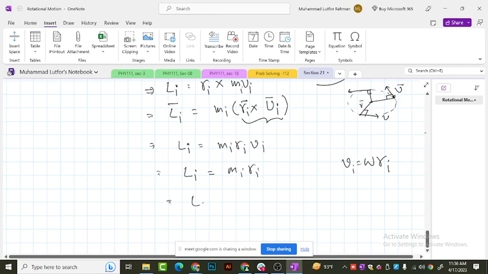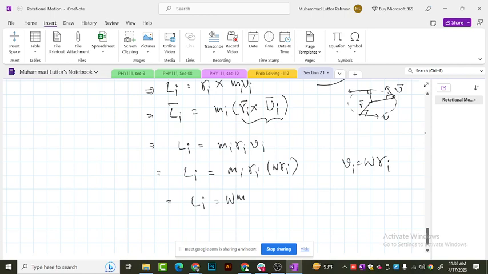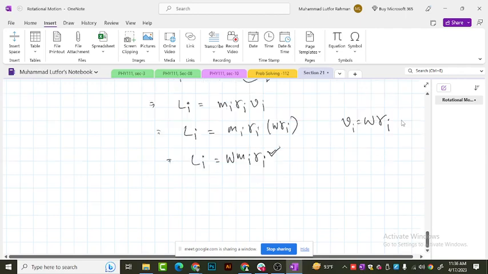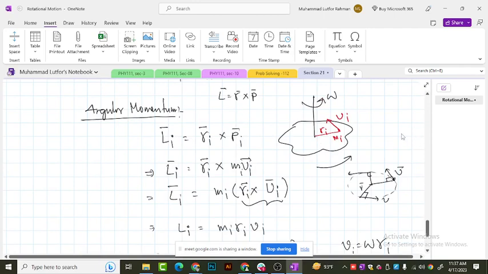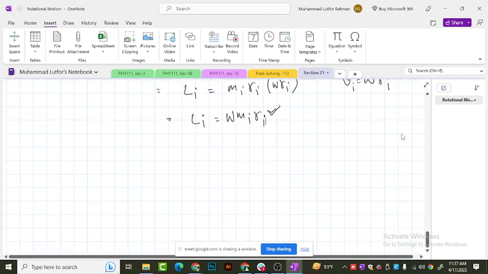So L is going to be mi times vi, and vi is omega times ri. Then I can write mi ri square, right, in this case. Fine. So right now this is the angular momentum for only that point mass mi inside that object. Now if I want to find the angular momentum for the whole system or whole solid object, I'm going to simply